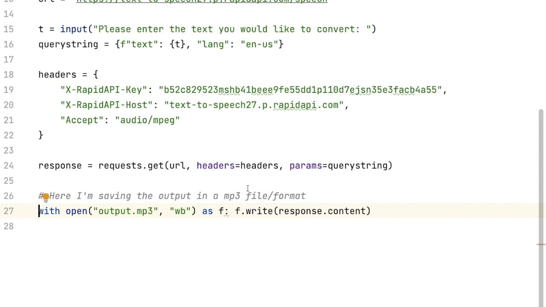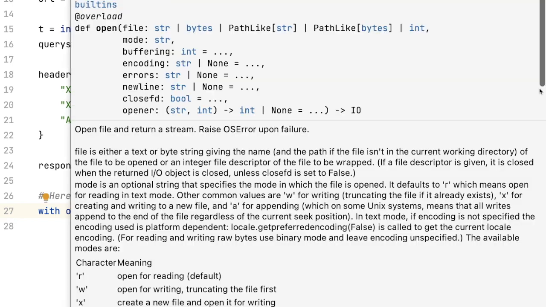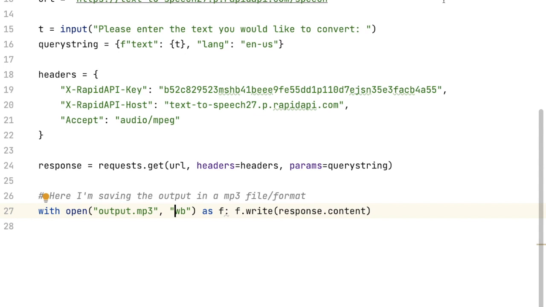This basically means that the file will be created if it doesn't already exist or overwritten if it does. So it'll just get replaced. The wb argument specifies the file mode. W means write mode and B means binary mode. Then as f